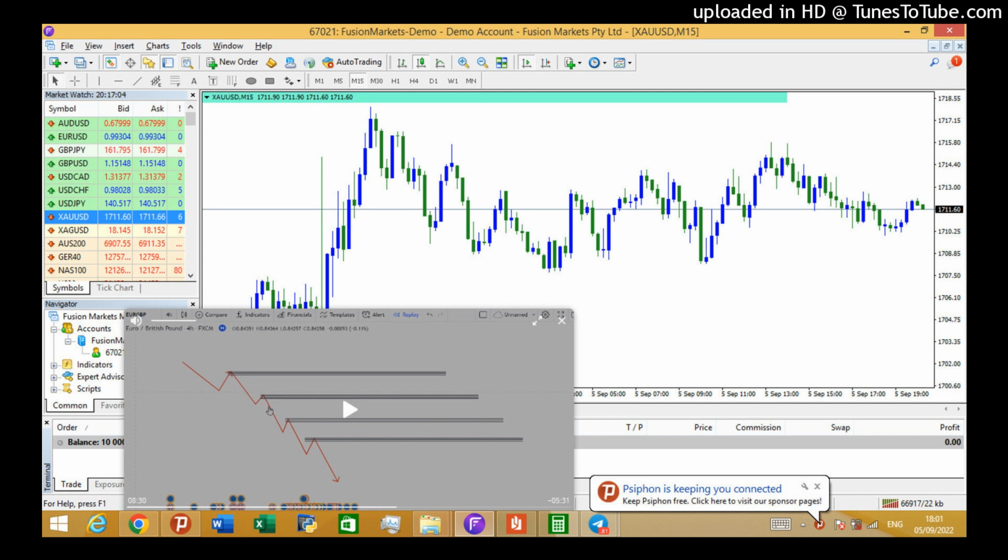And by focusing on this area in the monthly, what we want to try and do is spot a little roof above this area and a little floor above this area. So let's get the horizontal line tool again. There you go. And I'm going to draw this on, just at the bottom here. We'll move it around a little bit, and let's just say on Euro